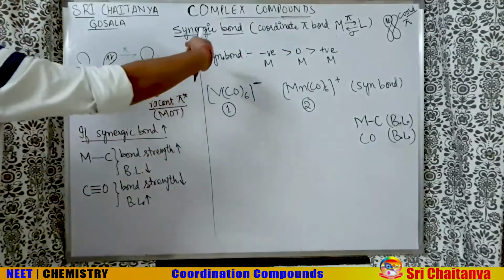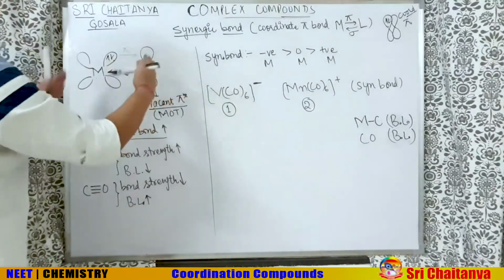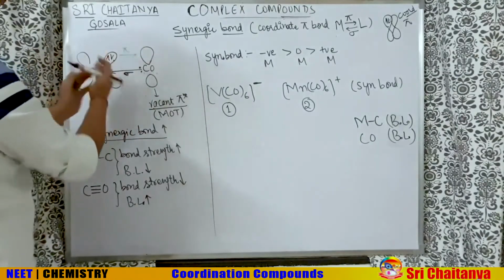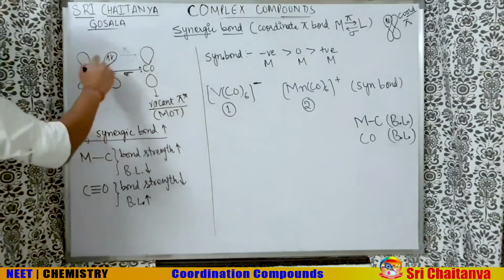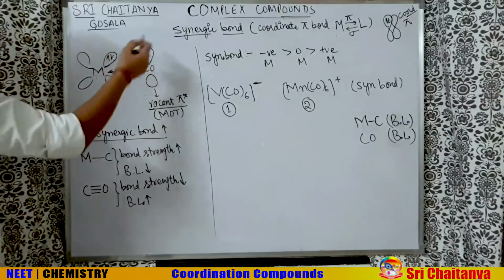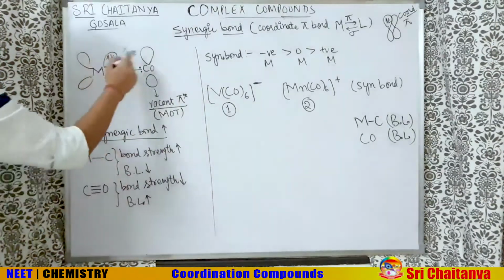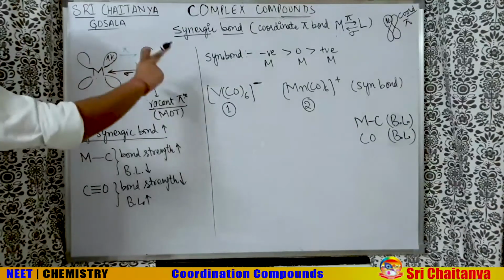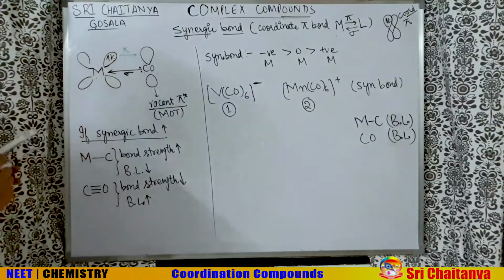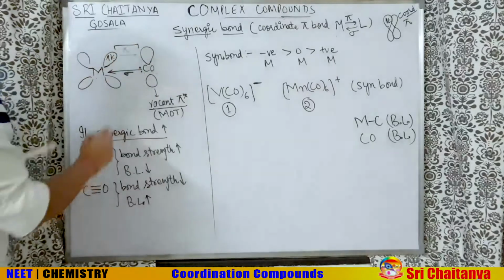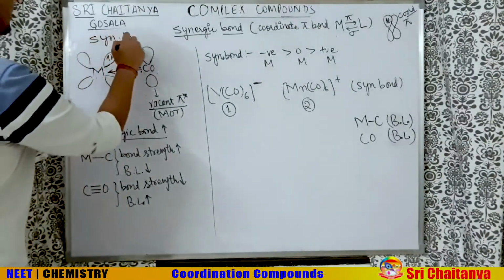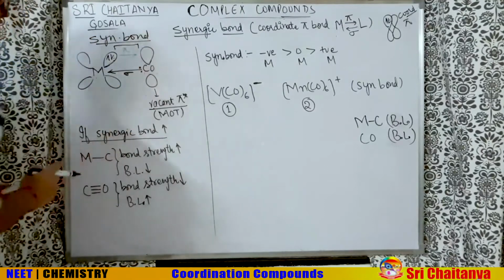So when CO makes a sigma bond with the metal, what happens? The atoms come closer, this metal and this CO. Now the metal has a completely filled d orbital and CO has a completely empty pi star. So a little bit of overlapping they will do. This sidewise overlapping will occur. Because of this, a pi bond will be formed, but this pi bond is not a normal pi bond, it's a coordinate pi bond, and a coordinate pi bond in this chapter is known as synergic bonding.